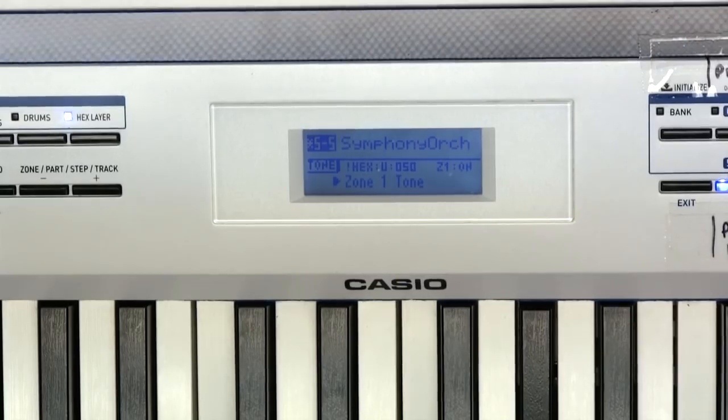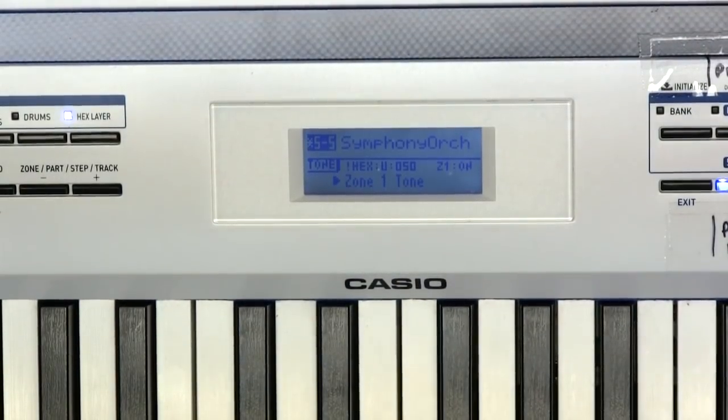5.5. Oh, this is one of the sounds they use on all of the demos online. Symphony orchestra with the timpani on it. Real big sound. I got just a few more here. What else do we have? Bank 6,